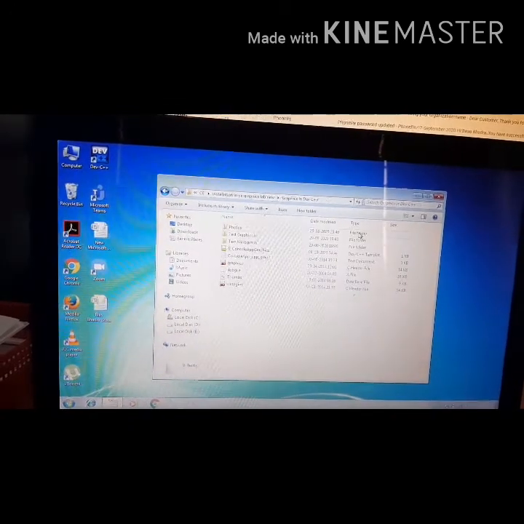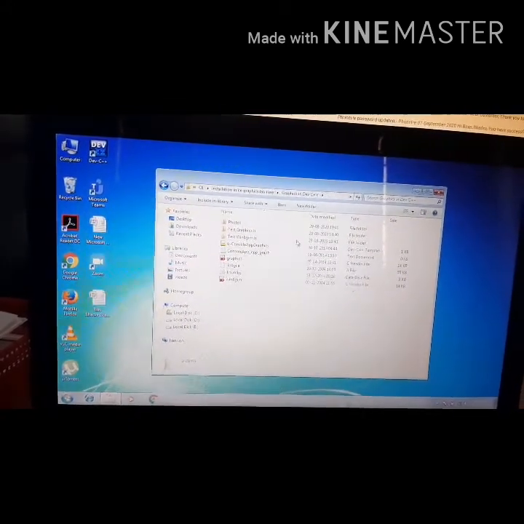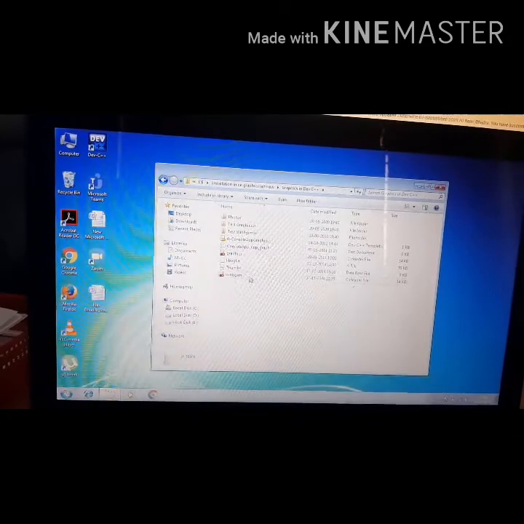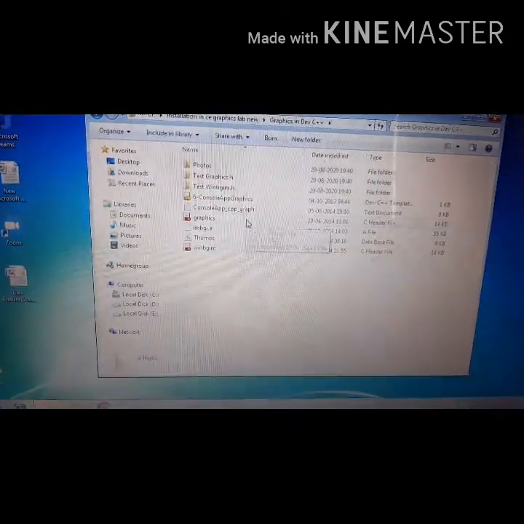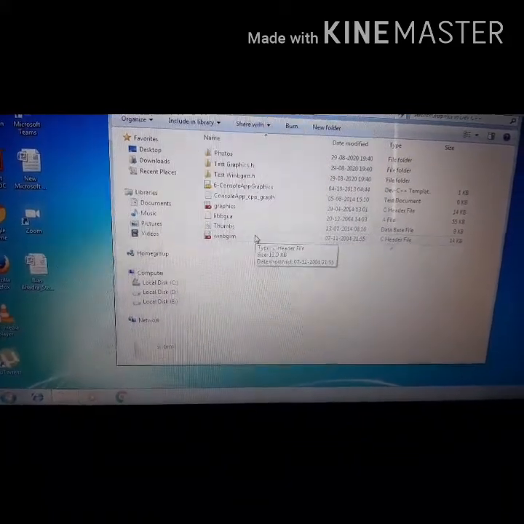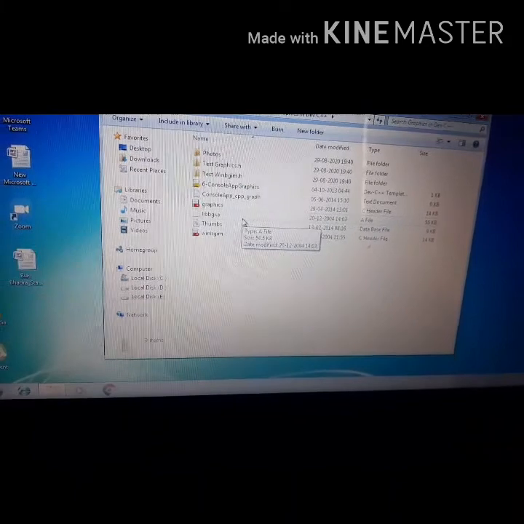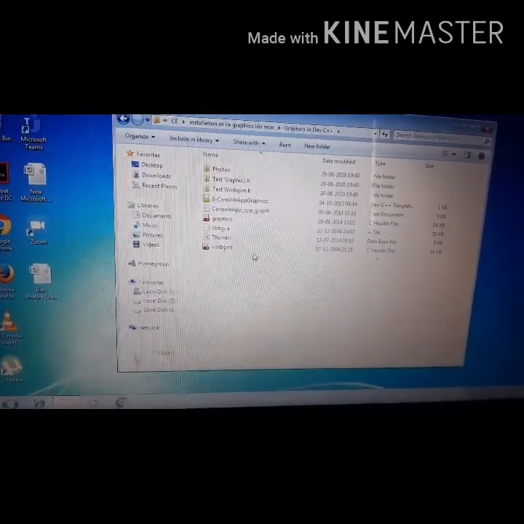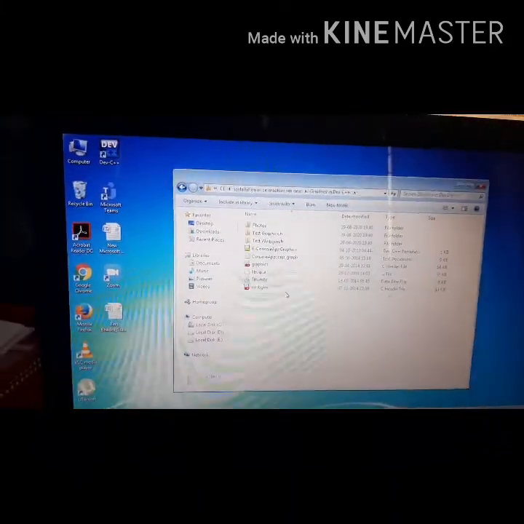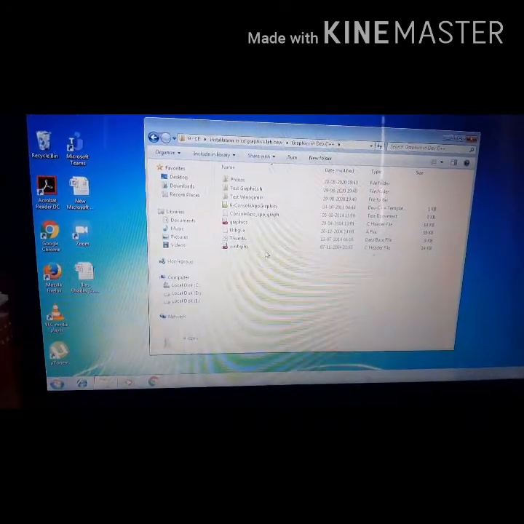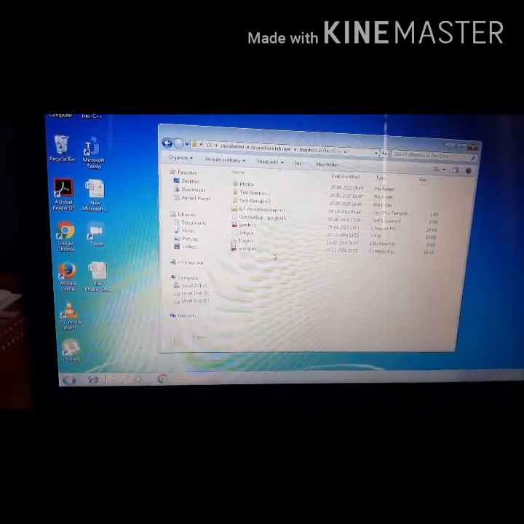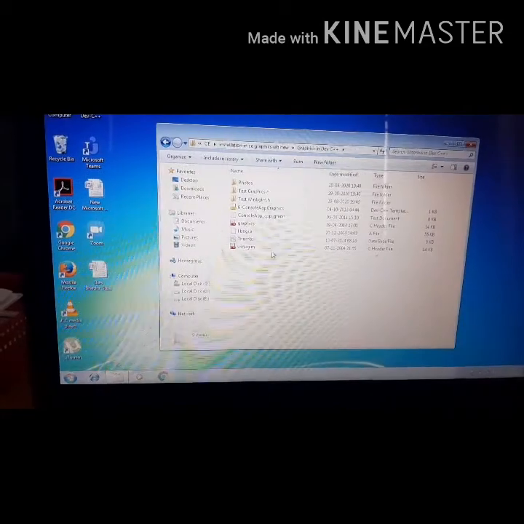Here in this folder I have already downloaded a few packages like WinBGIM: the graphics header file, the WinBGIM header file, and the libbgi file. These three files I need to include in our newly installed Dev C++ compiler to complete the installation.